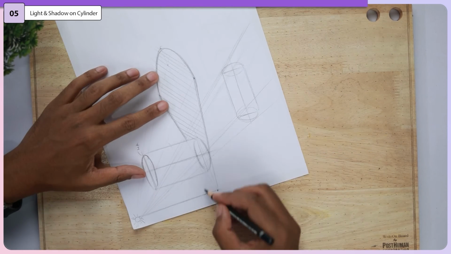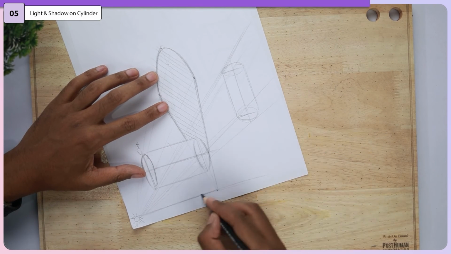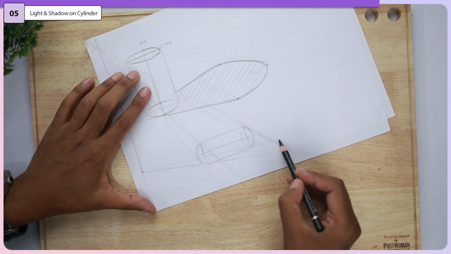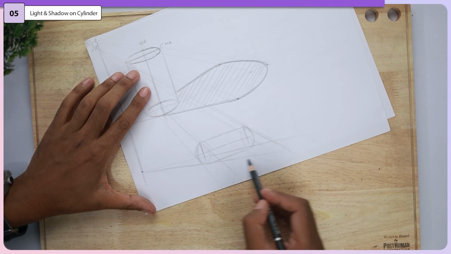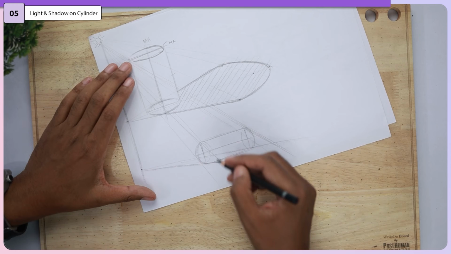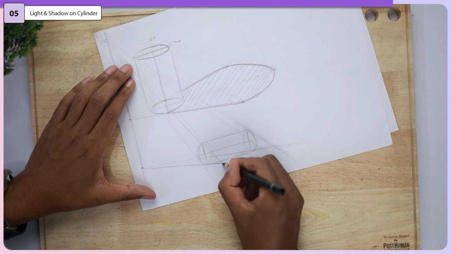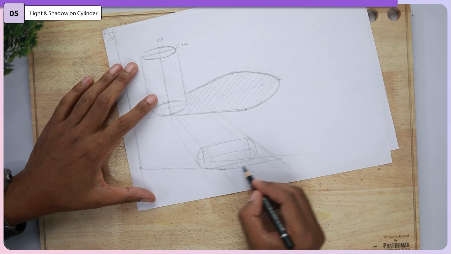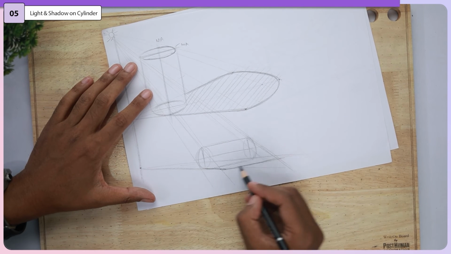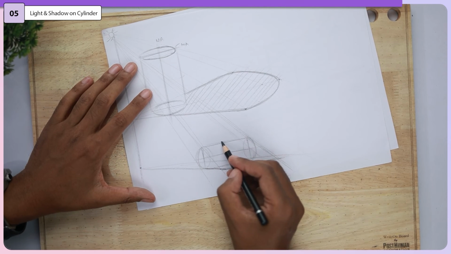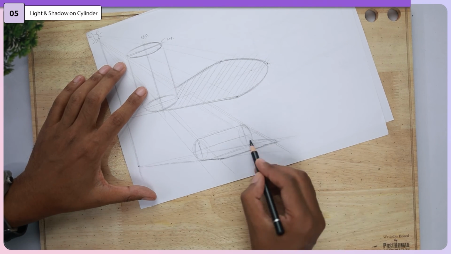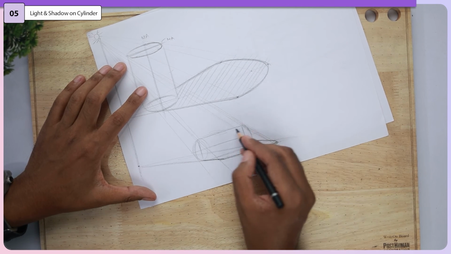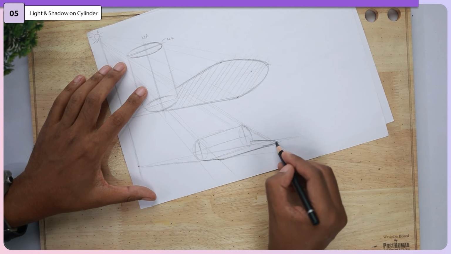Again for this example, I'll just extend this shadow origin here and construct these lines. Wherever these two lines intersect, the shadow origin line and the light direction, this line is the shadow of this edge, and we get this curved shadow because this is round. So the shadow of this edge is this one.